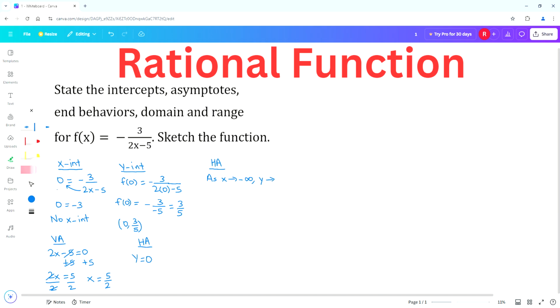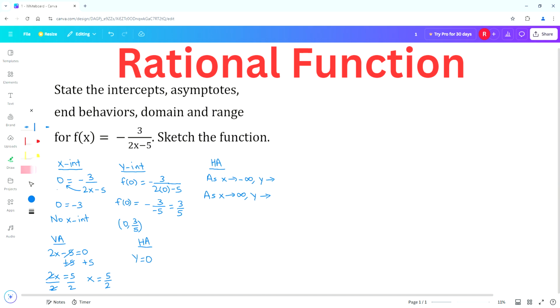We have to find whether the y value approaches 0 from above or below. We check for 0 because the horizontal asymptote is at y equals 0. On the right side, as x approaches positive infinity, we have to check whether y approaches the value of 0